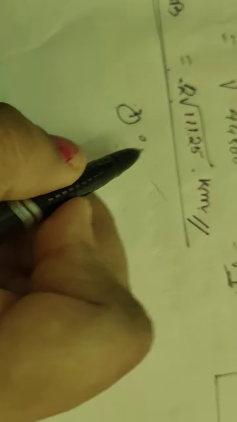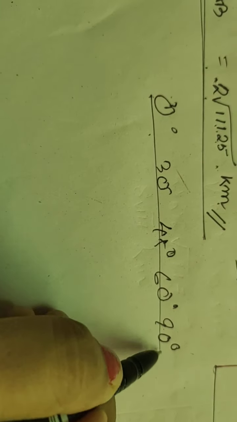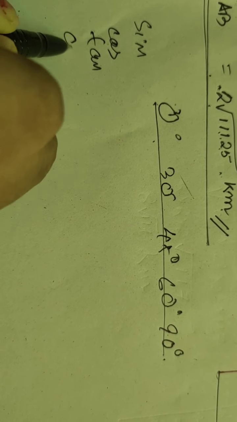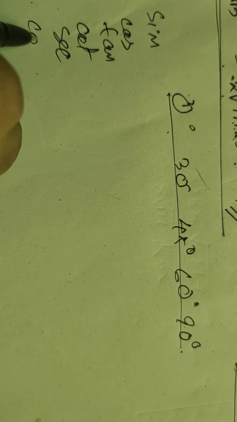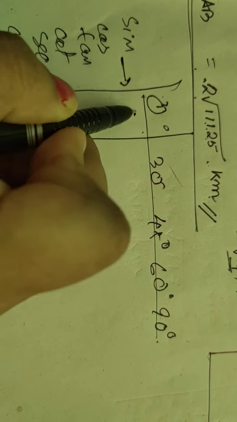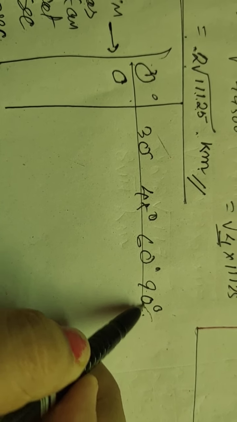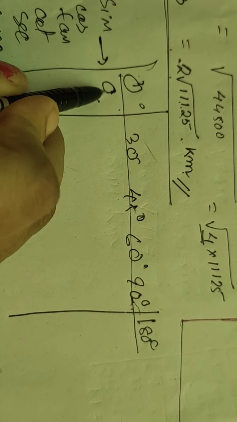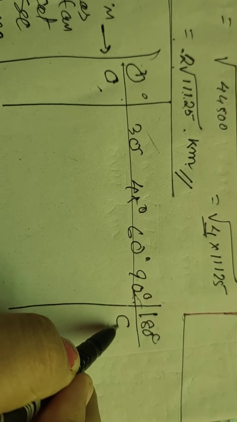What is the meaning of this? We know that it is 0 degree, then after that it will be 30 degree, then 45 degree, then 60 degree, and then 90 degree. So we have all the values of these angles for sine, cos, tan, cot, sec, and cosec. These are the values that we know. What is the value of 0 degree for sine? It is 0. You can see one more miracle: after 90 degree we directly go to 180 degree, and the value for sine at 180 degrees is also equal to 0.